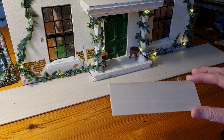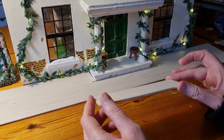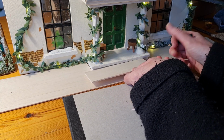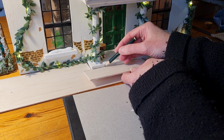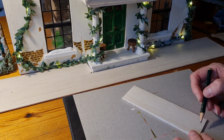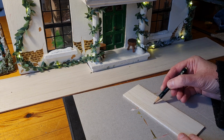I wasn't actually going to do much of the building in this video. It's more ideas and planning, but I think I might try putting the step together now. So I'm going to put this up against here and just measure it by eye. So I want it to come maybe a little bit wider than those, and then go there. I can center it up, and then roughly, I should really measure this, but I just want to roughly cut